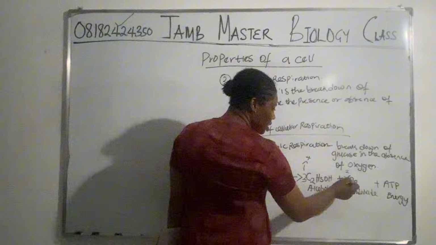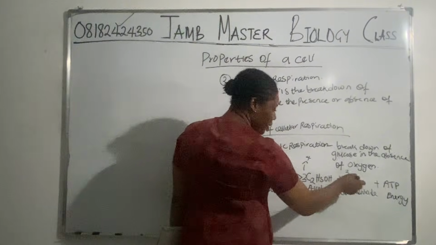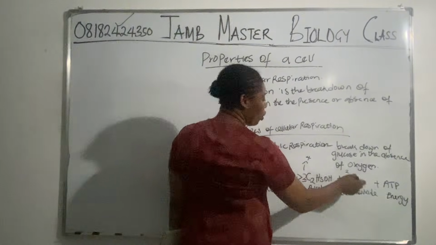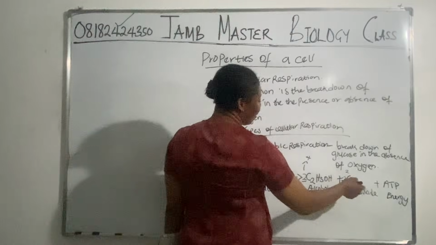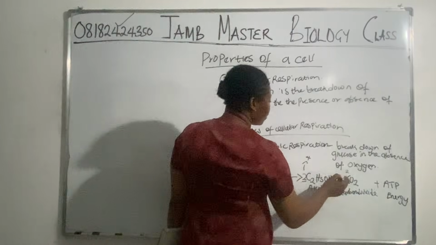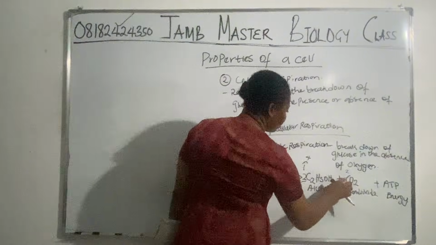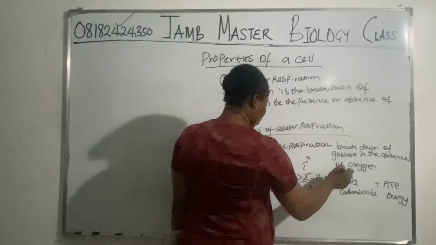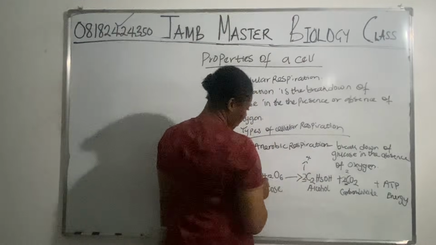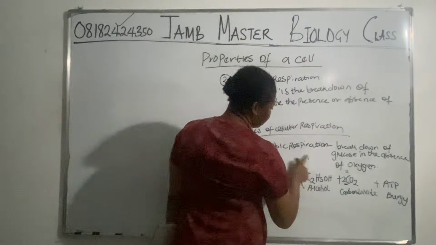You cannot times this 2, because the 2 here belongs to oxygen and not carbon. So the only amount of carbon we have here is just 2, which is this 2 that is in front. Let me write it well. This 2 in front. So we have 2 carbon. 2 plus 4 is 6, which is the 6 we have here. So carbon is balanced, right?